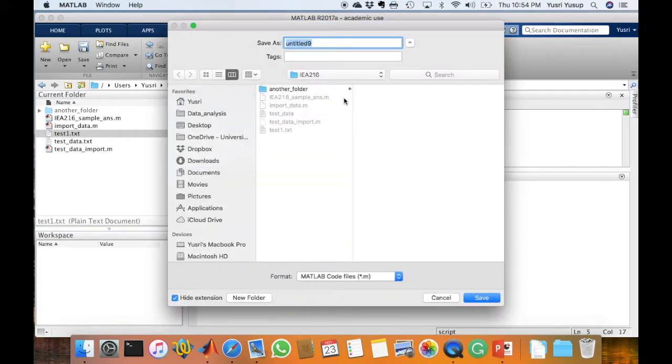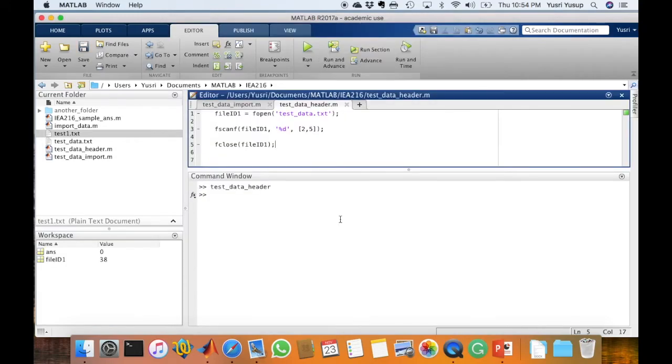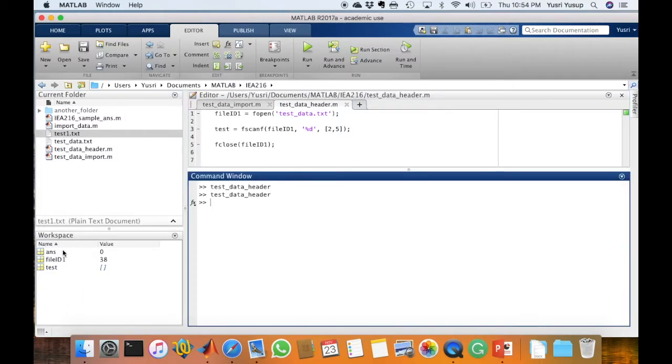Save it first as header. Oh, I forgot to assign this to a variable, so let's call this test again. So let's look at the results of test, the values inside the variable test. It's empty. Why is it empty? So there's no problem with the pointer because we open it and we close it, so by right it should